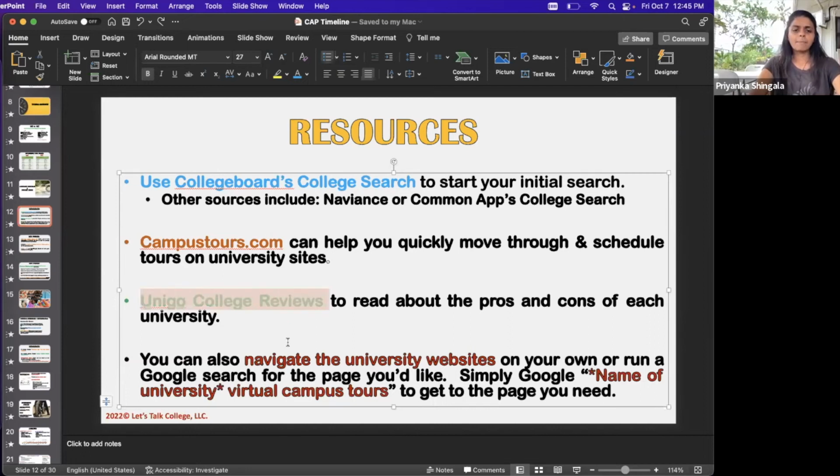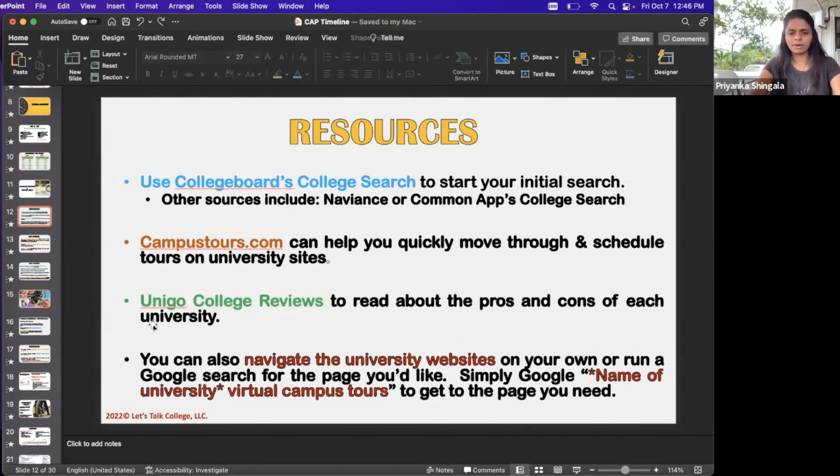Unigo College Reviews, teenagers, this one's for you. It's other teenagers or other college students who have written up pros and cons about the universities. And most of them write legitimate paragraphs. I don't know if this is extra credit for something, but they write legitimate information. Oh, there's school spirit, or no school spirit, or professors are helpful or not so helpful, or expensive, the campus is actually too small, I thought it would be XYZ, etc. So you'll find the opinions of people your age there. They care about the same things you do. Is the food good? Is there stuff to do outside of school or in town, or whatever?